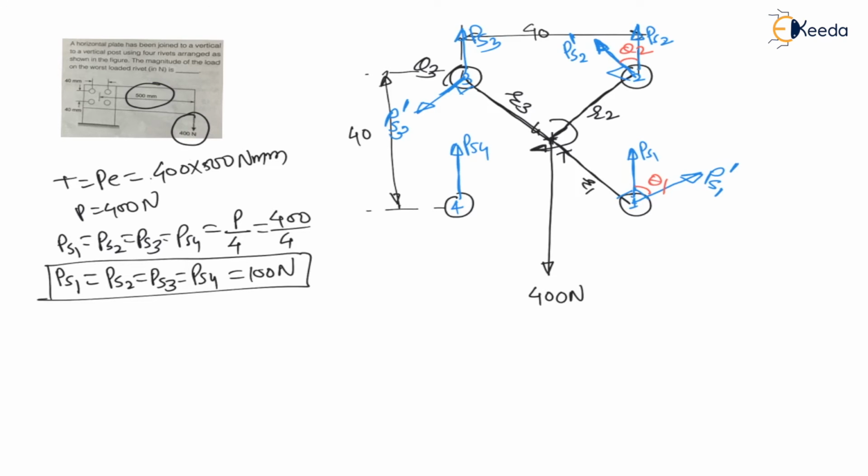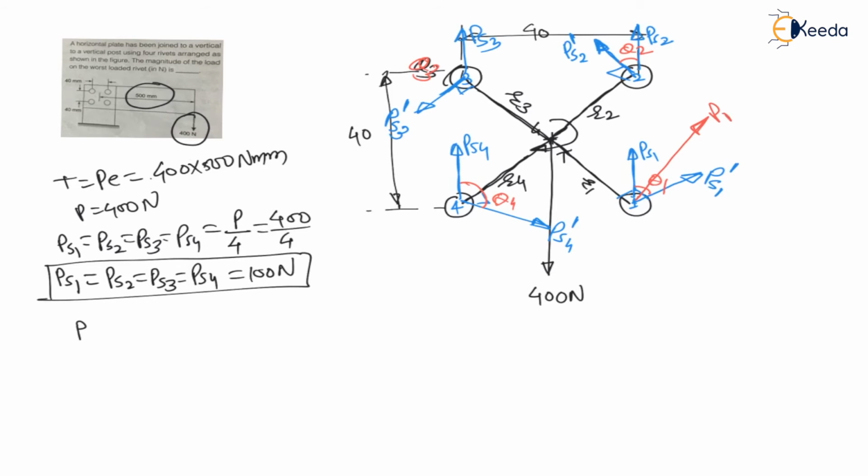Now again similarly for the fourth rivet, the distance between the fourth rivet and centroid is R4, and if I draw a force perpendicular to this radius, this is PS4 dash, which is secondary shear load acting on rivet 4. The angle between them is theta 4, and at rivet 3 there is theta 3, right? Now, for any two forces, the resultant is calculated. Let us say if I want to find the resultant on rivet 1, then on rivet 1 there are PS1 dash and PS1 acting, and the resultant of PS1 dash and PS1 will be in between them.